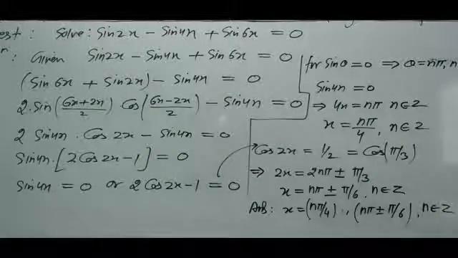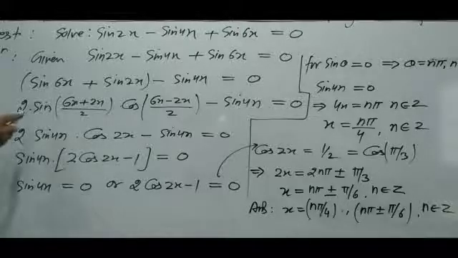Now again see the solution. Question: in this question we are given sin 2x minus sin 4x plus sin 6x is equal to 0, and we have to find the values of x, or the solution of this equation. So first of all, what do we have to do? First of all, we have to separate sin 2x plus sin 6x, and minus sin 4x in the last. And we have to apply the sin C plus sin D formula.